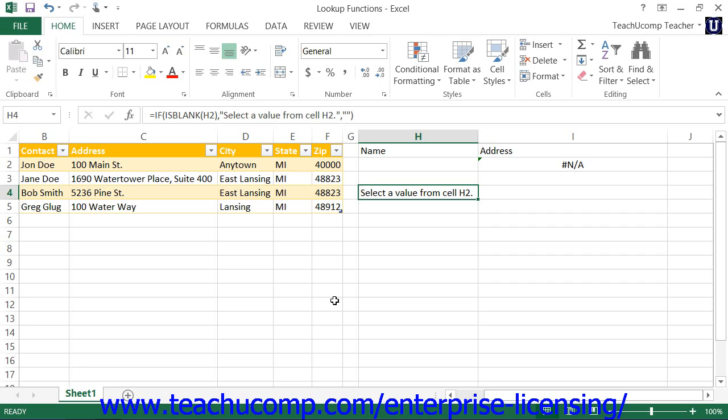The first would be the logical test that you want to apply to the cell. The second would be the cell value or formula to return if the test returns a true value or passes the logical test. And finally, the cell value or formula to return if the test returns a false value or fails the logical test. When you write logical formulas, they have a certain syntax. Basically, the syntax is equals if, open parenthesis, then the logical test, comma, the true response, comma, and then the